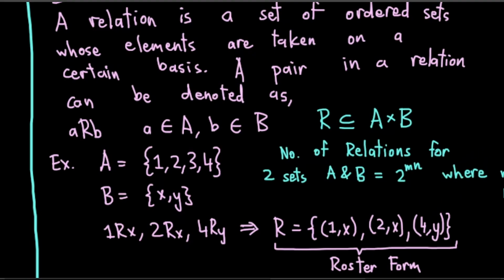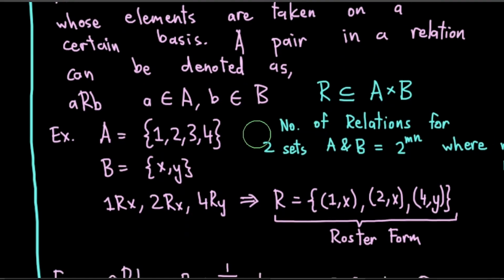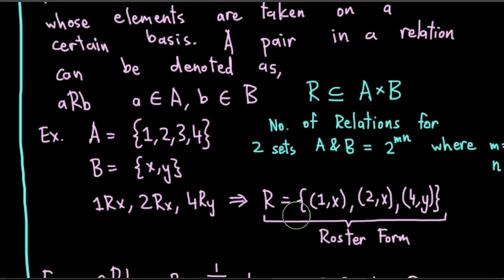right? So just gonna look through this with examples, taking the set A is equal to 1 2 3 4 and the set B is equal to x, y. And if we take these three relations, 1Rx, 2Rx and 4Ry, we get the set R, right? The set of all the relations present between the sets A and B, which is gonna be the relation 1 by x comma 2 by x comma 4 by y in roster form. And this basically means that R will always be a subset of A into B, because if you look at this, these elements are also going to belong in the Cartesian product of A and B,